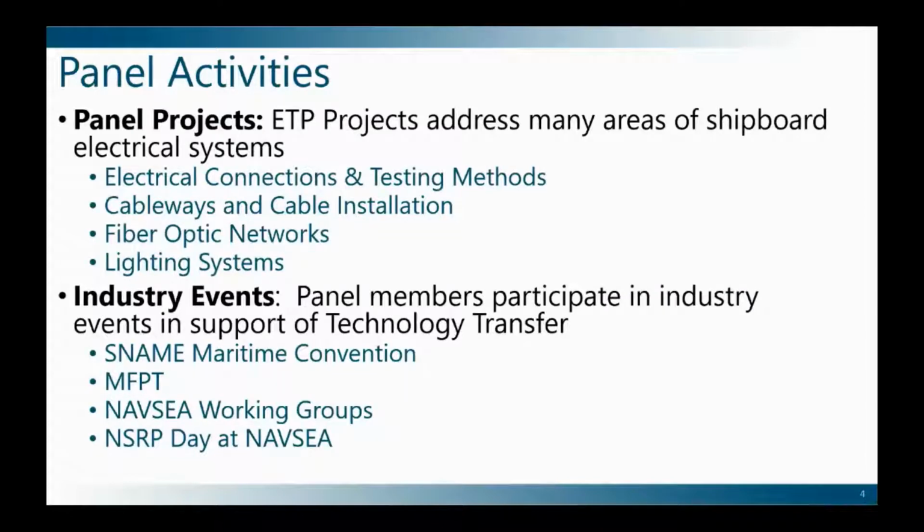The panel members have led many efforts focused on improving shipboard electrical systems. In the following slides, I'll give an overview of some of the recent panel projects conducted by the project teams. Many of these projects will be presented later this week. I encourage you to reach out to the respective project leads and project teams for more details on each of